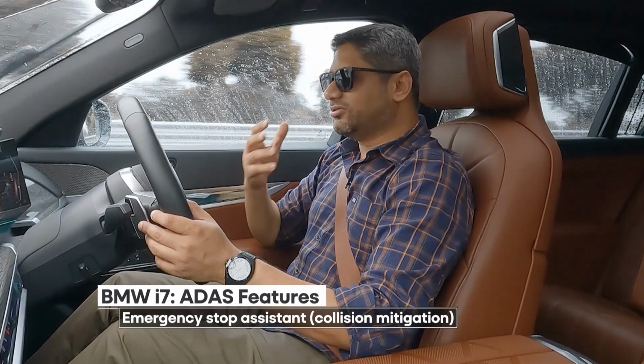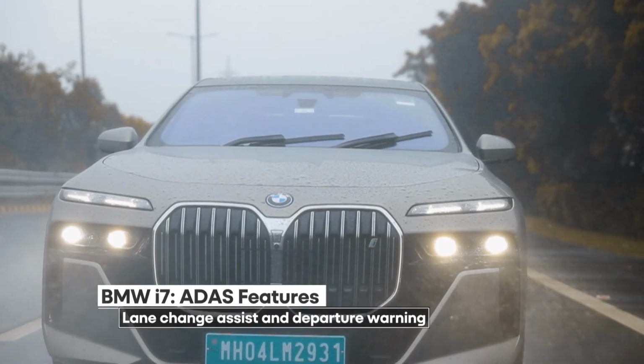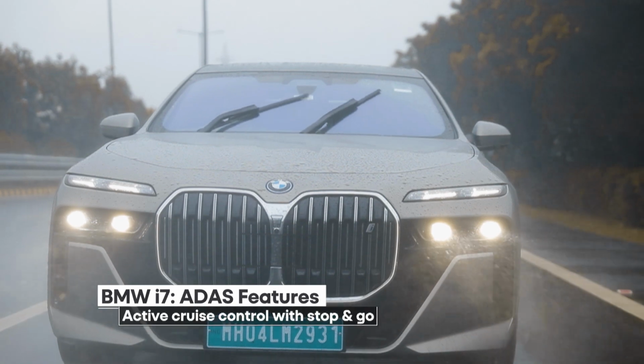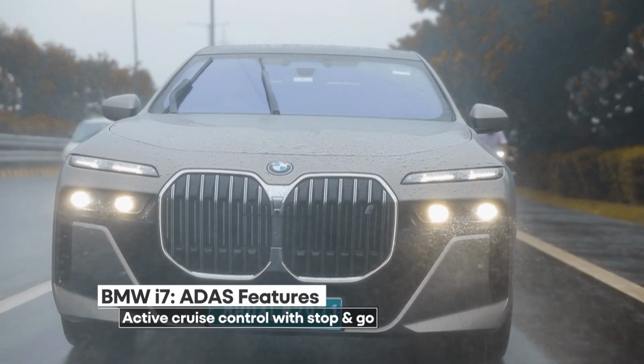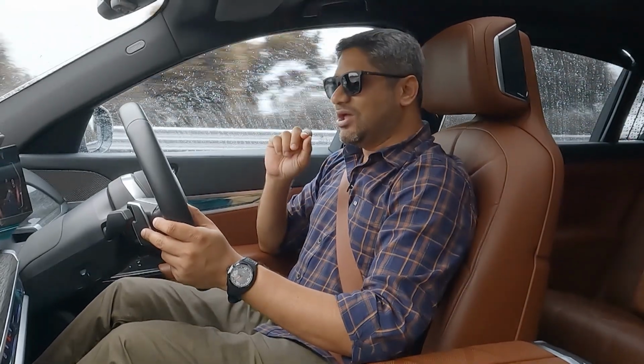It retains all the typical 7 Series strong points, and it's reasonably decent fun to drive as well. The all-electric performance is pretty strong enough, and it is not going to leave you wanting. Just, if it looked better,